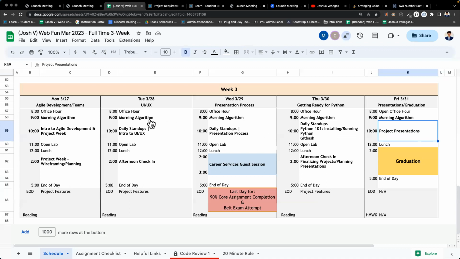you see here after the morning algorithm on Tuesday, Wednesday, and Thursday says daily stand-ups. I'll explain what that means, but we're going to be presenting our progress with our personal project to ourselves as we would in the business environment, where just like the code reviews, where you're presenting your work, your code, except for here, now in the way that we will describe how to present your work in these daily stand-ups. We want to meet those goals.